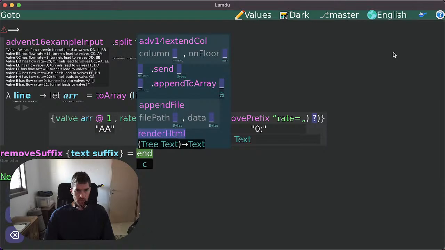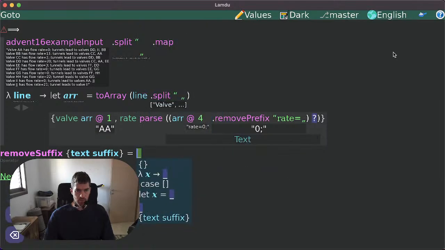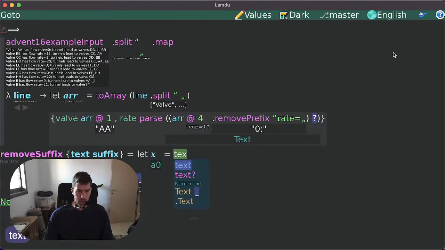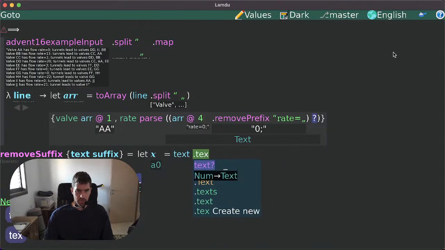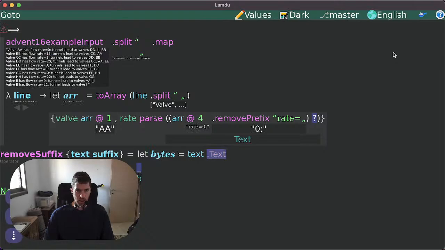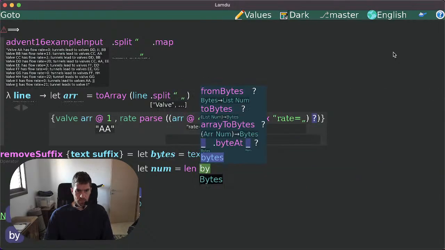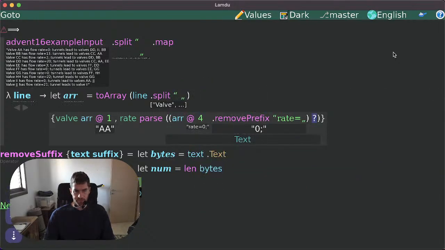Okay. Let's have the text as bytes, and let's have the length of it. And we are going to also take,